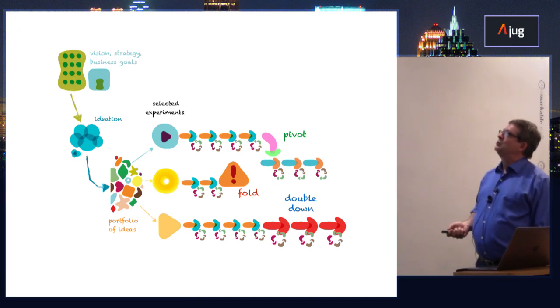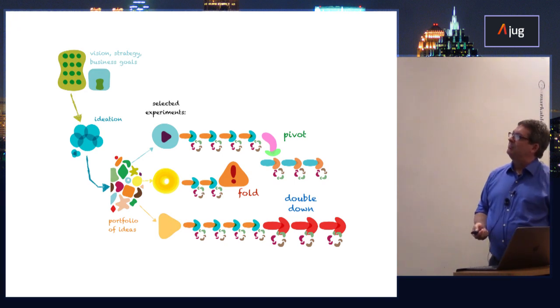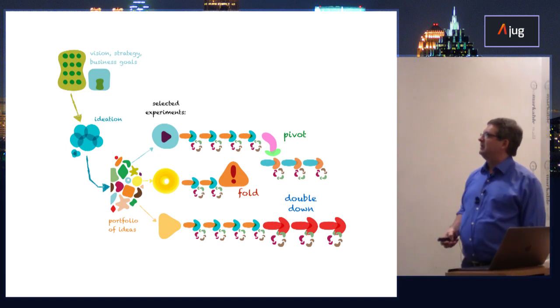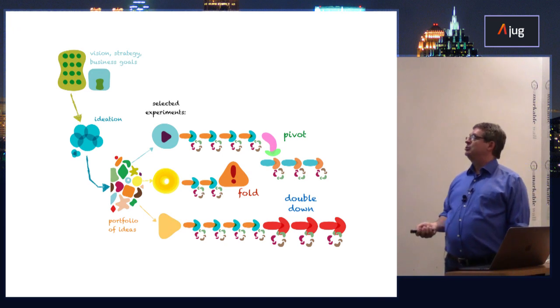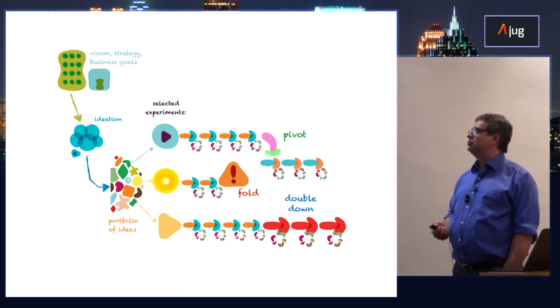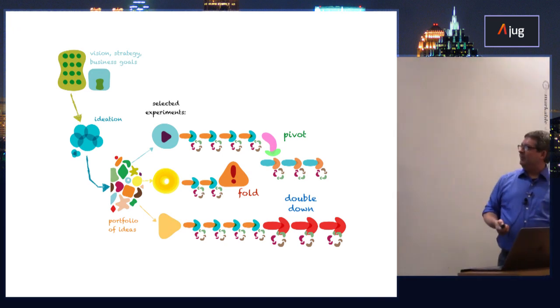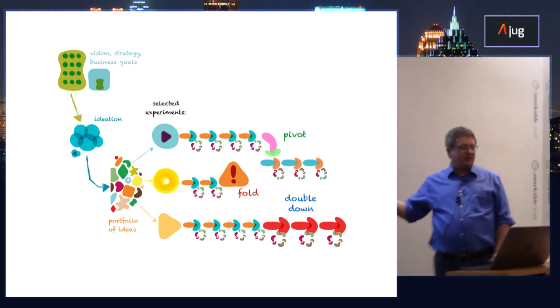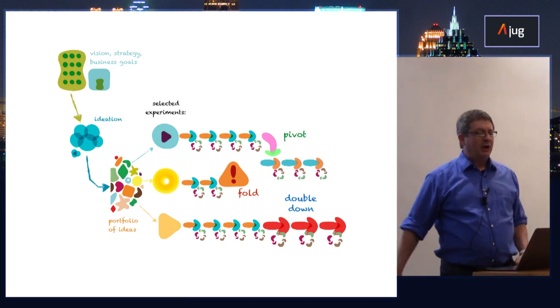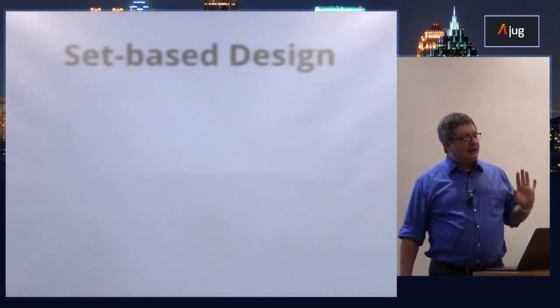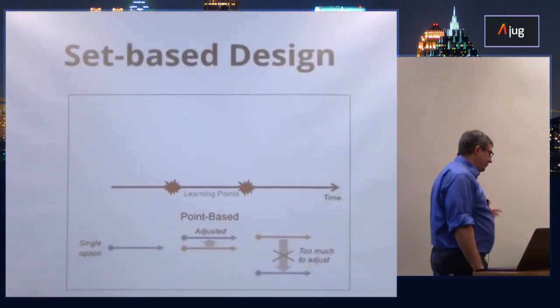Maybe you start one of these work streams that seems really promising, but then you get zero engagement. They treat it like vegetables, so you can fold without putting a lot of effort into it. And of course, what you hope is that you pick an idea that your users just really love, and you can really double down on that thing and put more resources into that and less in places that they don't want it. There's also a strategy that kind of takes advantage of this called set-based design, also in the lean